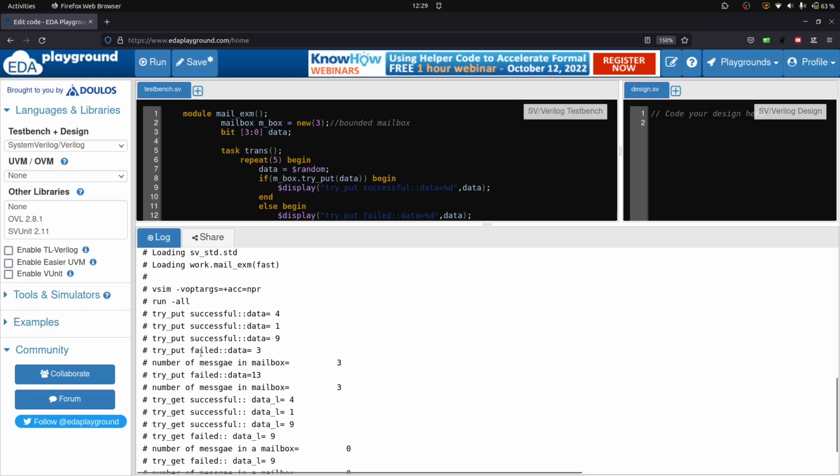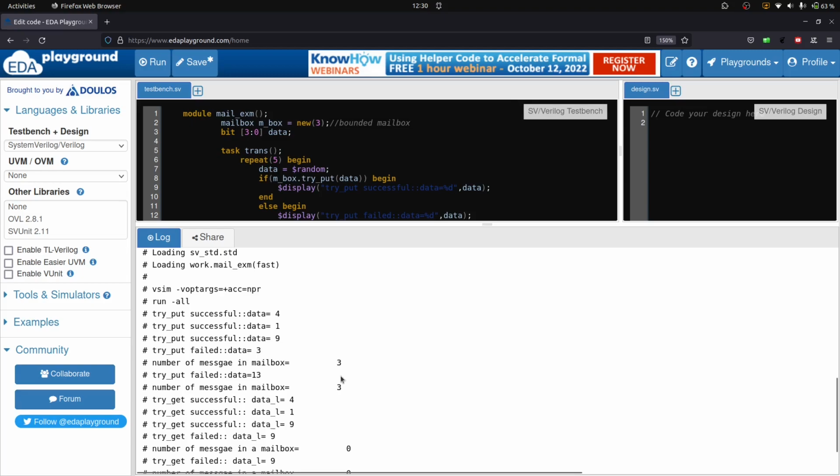After that try put failed for data value 3, for your 4th iteration, and the number of messages inside the mailbox is 3, right? After that try put failed for data 13, and the number of messages in the mailbox is 3. Why 3? Because we have declared the depth as 3,